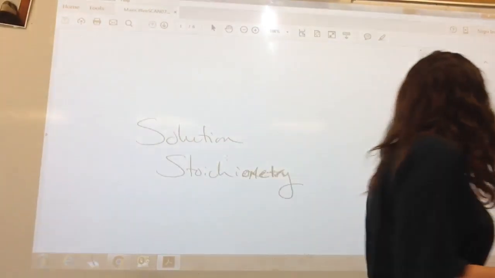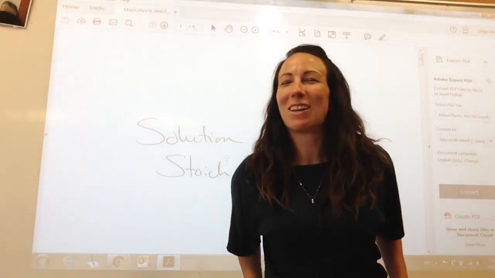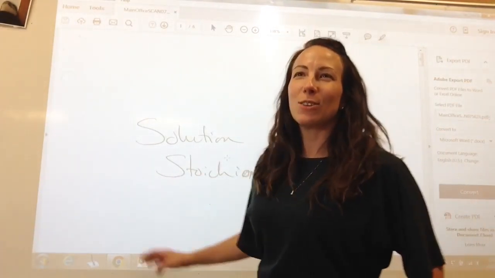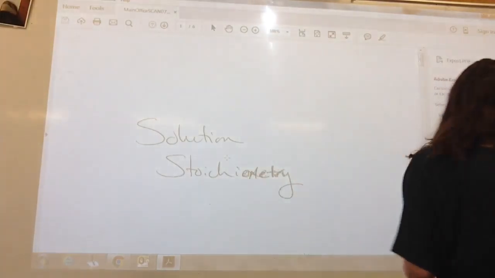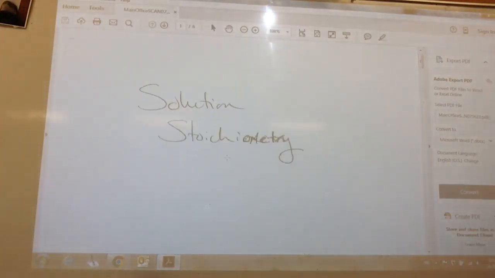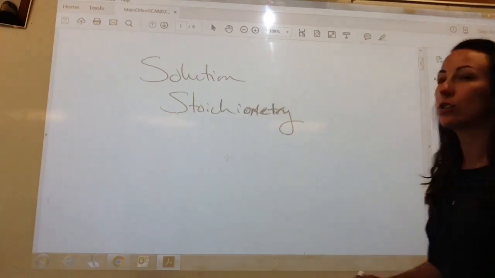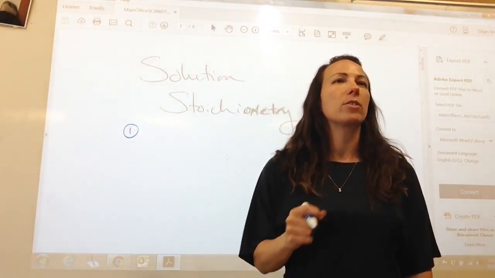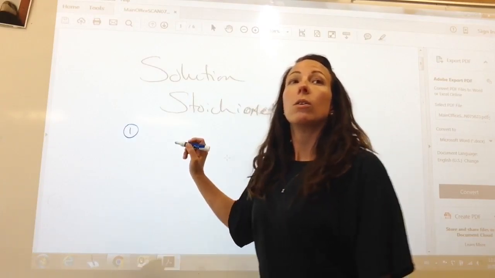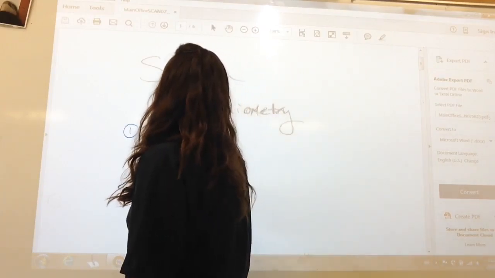So anyway, the objectives today are solutions stoichiometry. We've done gravimetric stoichiometry, and you wrote a little list yesterday about how to do gravimetric stoichiometry. So what was that list? What's the first thing we do when we're doing gravimetric stoichiometry? We write a balanced